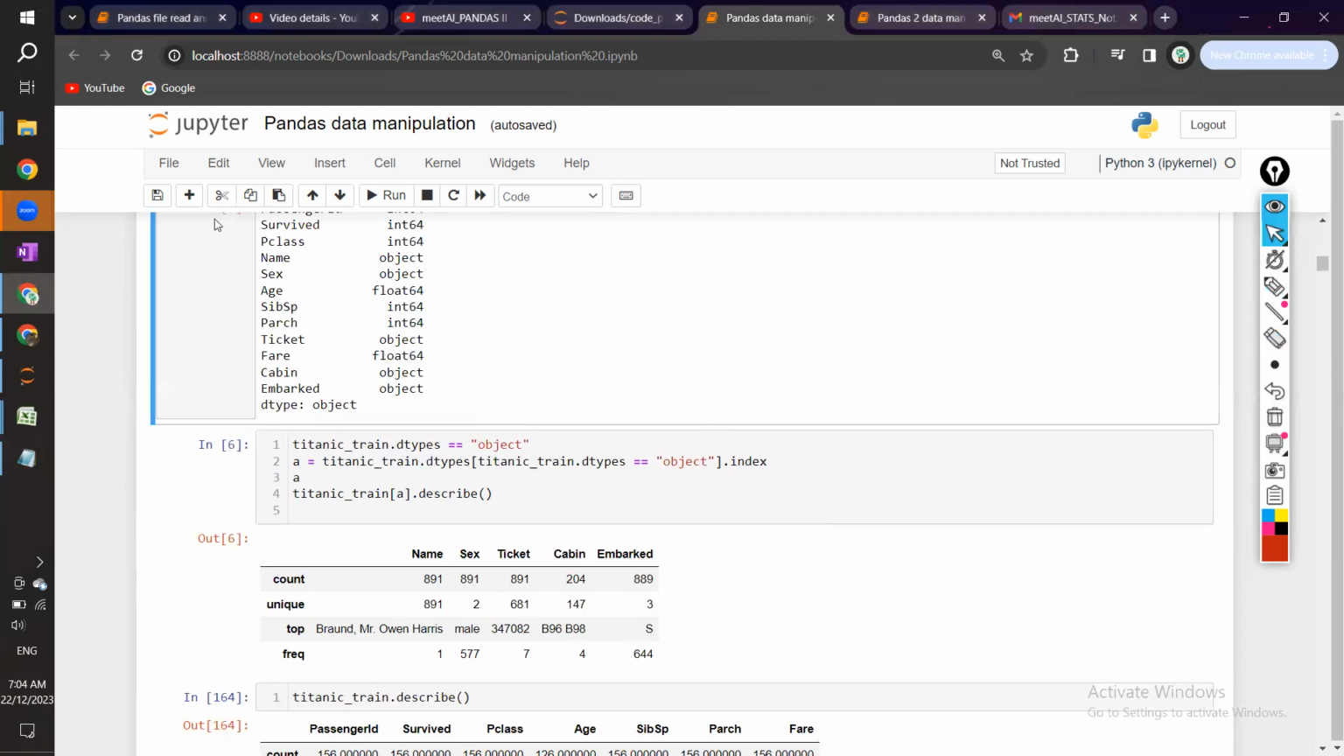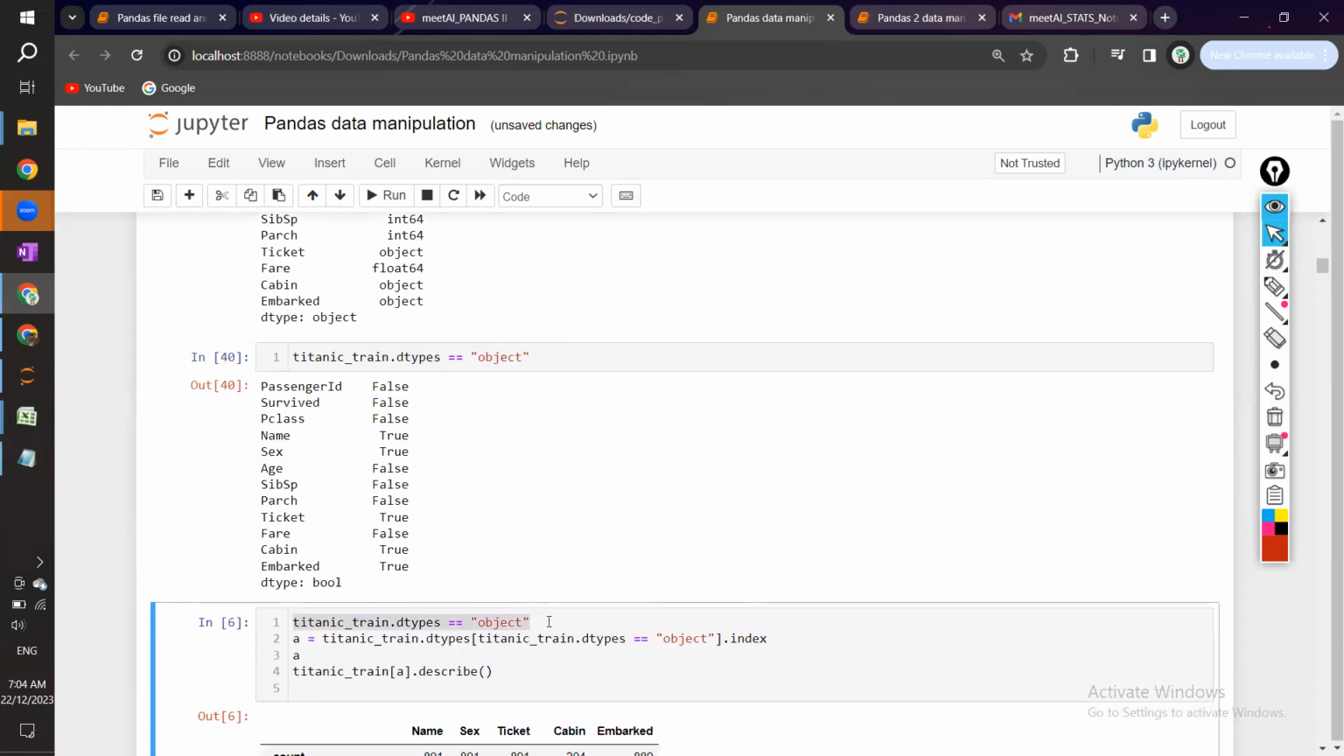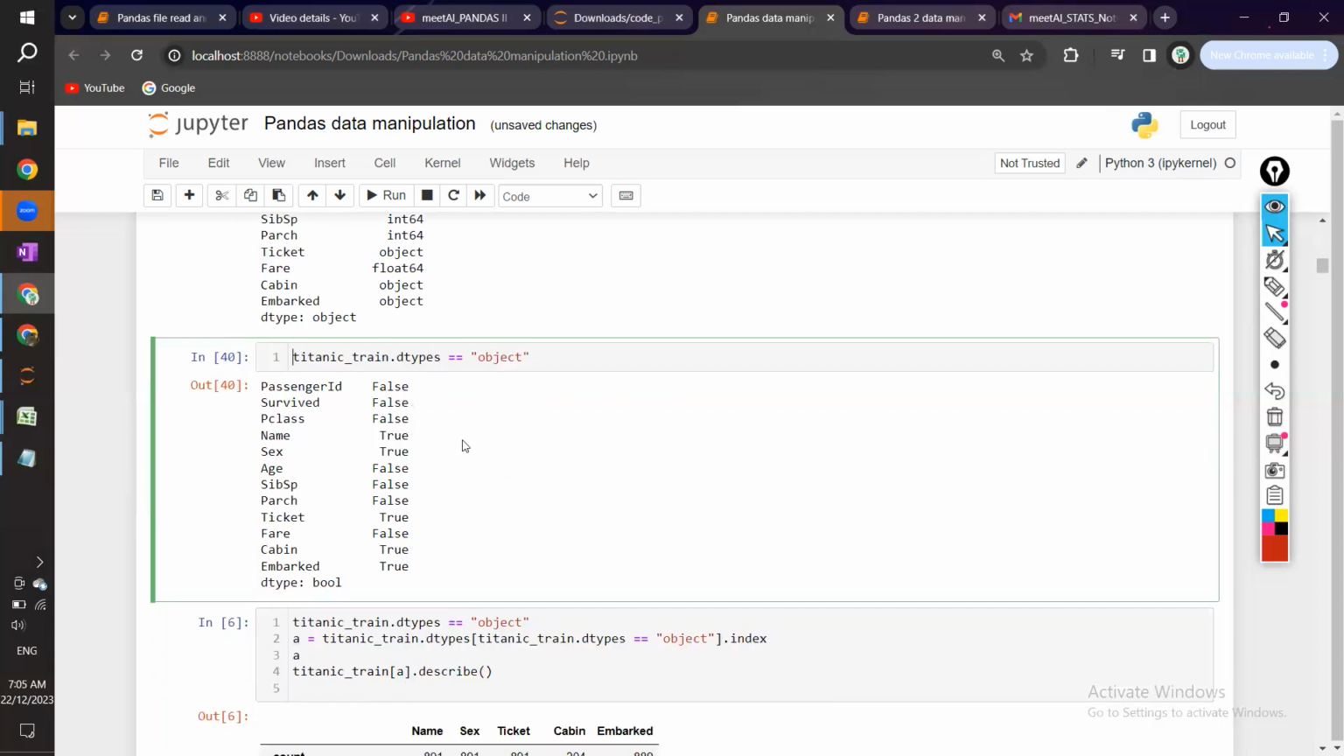Fine. So over here, if you see step by step, the first step, I'm checking wherever my data type is equal to object. Double equal to means I'm checking. So over here, name, sex, ticket, cabin, embarked. These 5 are the places where my data type is object, so that will be true. And now I'm putting it in the